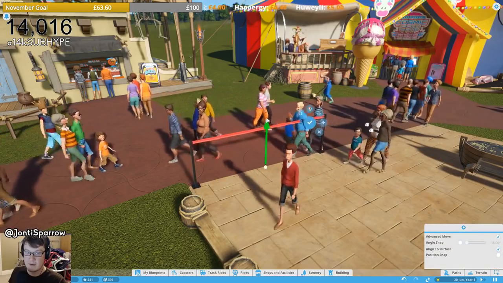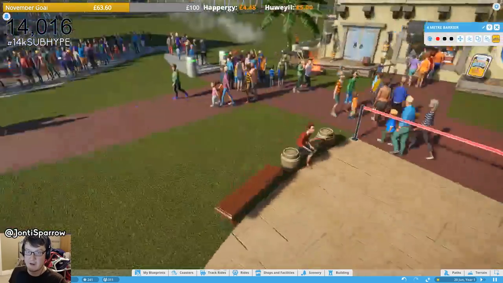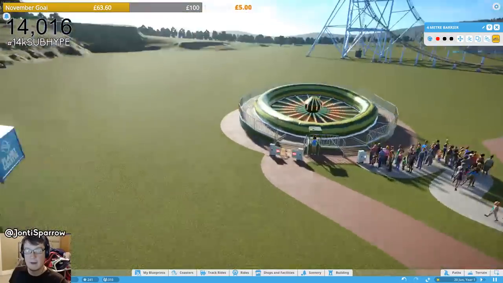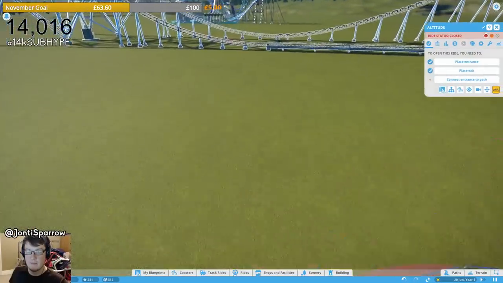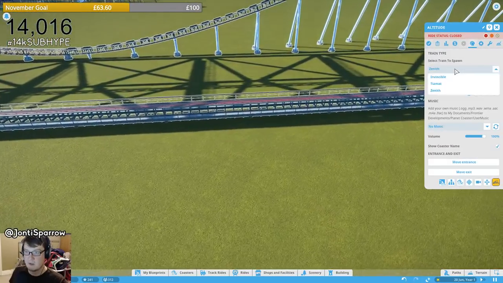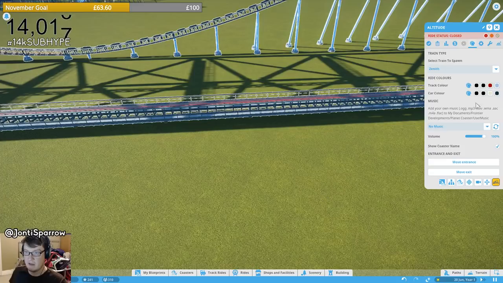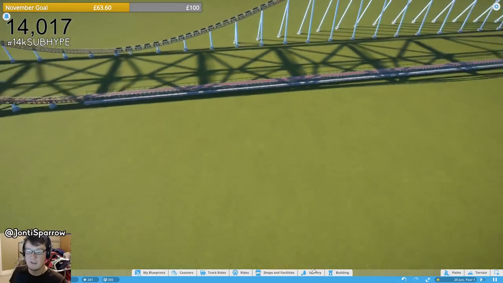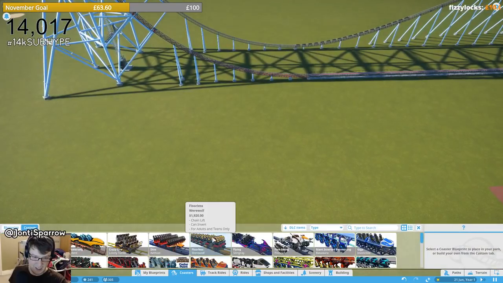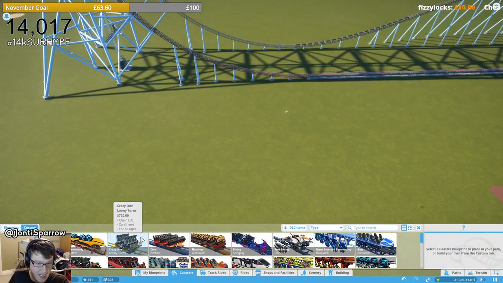Wait, how do I change coaster trains? Okay, you change coaster trains by going and clicking them in operations, customize there, select train to spawn, and they're the ones you can do. Not as many as I thought. I was really hoping for some wacky changes. I understand the limitations, but what I was kind of really hoping